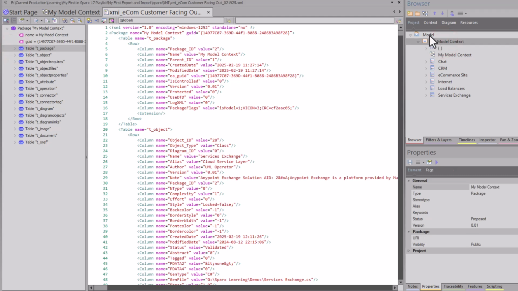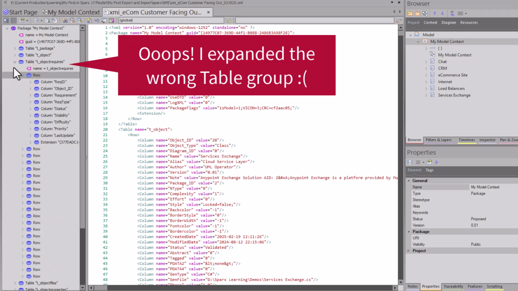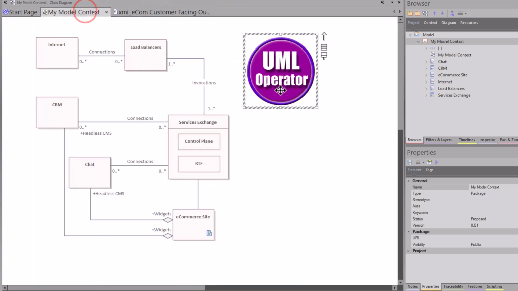There's also a root node in here, but we didn't export the root node. We exported this package, right? Then you have your T object properties table. This is where all your tag values are. So you get to learn that and how that's formatted in case you're writing your own SQL, and then much more, right? Here's our T image table right here for our logo that we brought in, that we've included in